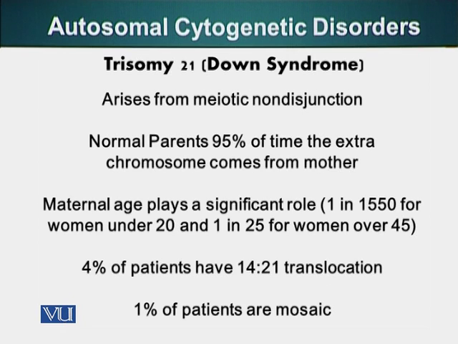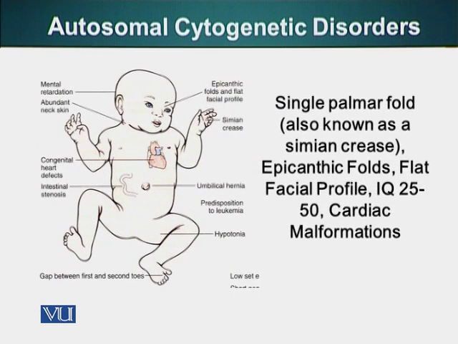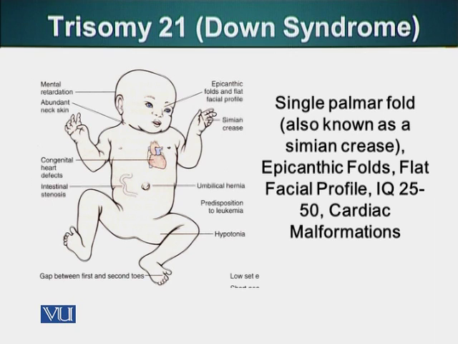What do I mean by mosaic? That not all their cells are the same genetically. Some cells will have an extra 21 chromosome. Other cells will have the normal number of chromosomes, which is 2 copies of chromosome 21, and the total number is 46. So the severity of this disease depends upon the degree of mosaicism. If we are looking at a mosaic patient, the severity will depend upon how many normal cells